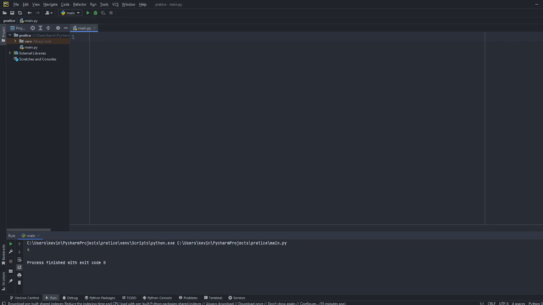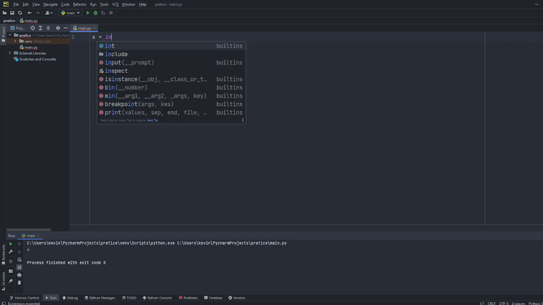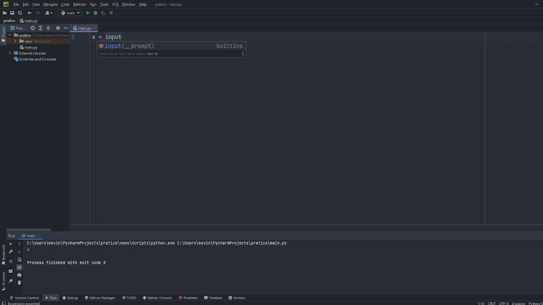What I do is I have my variable x equals input, spelled like this, brackets, and then a quotation mark. And inside these quotation marks, you write what you want the user to put in. So let's say you want the user to put in their name. You write name space